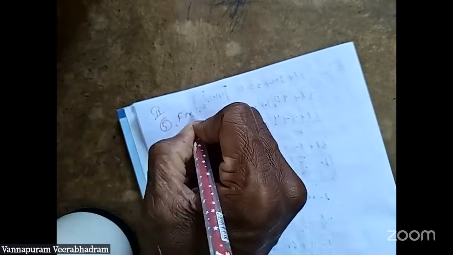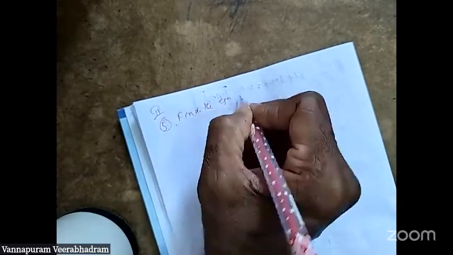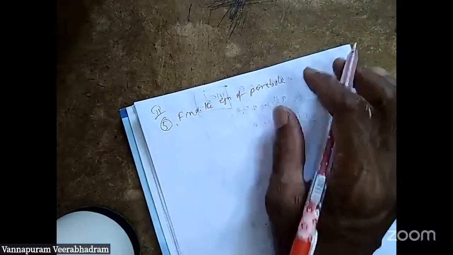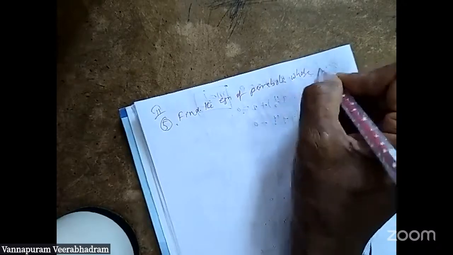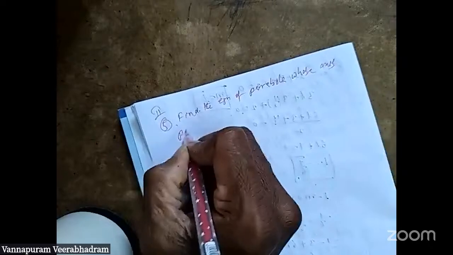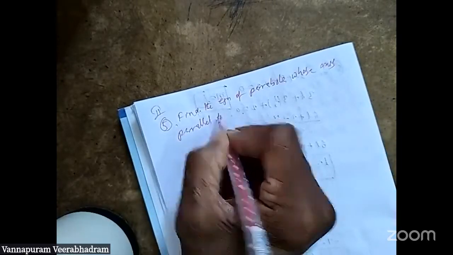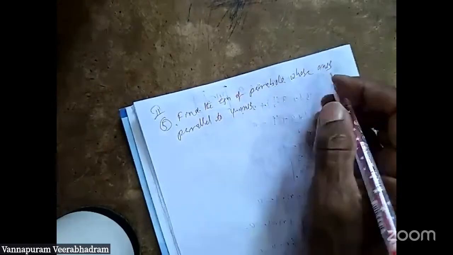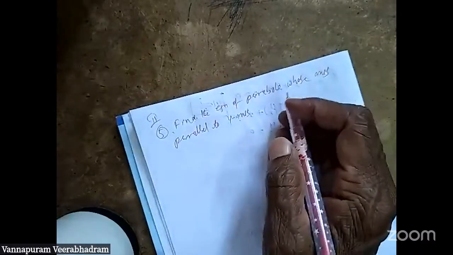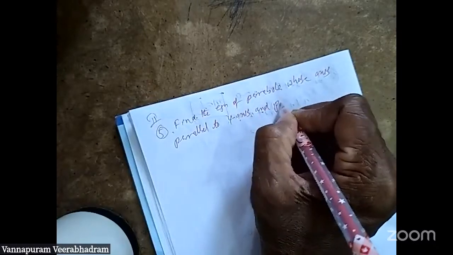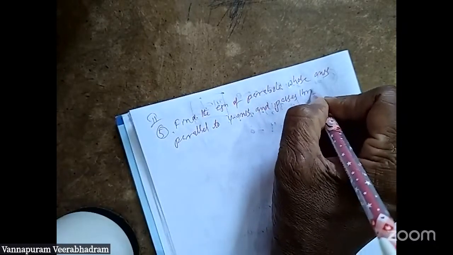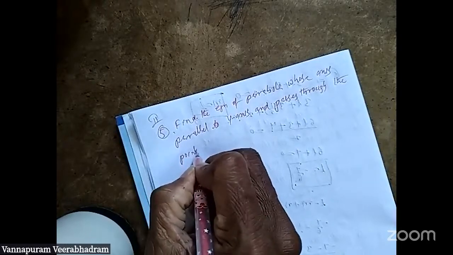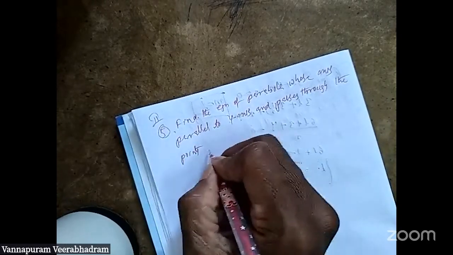Find the equation of the parabola whose axis is parallel to y axis, and which passes through the points 4 comma 5,